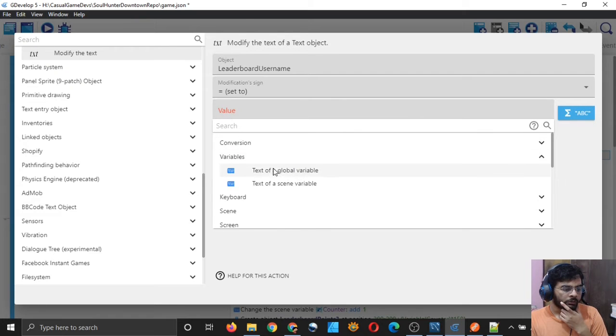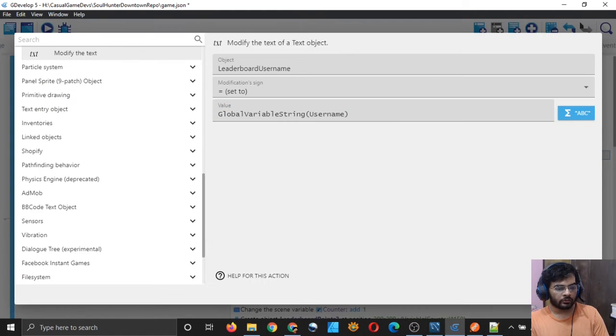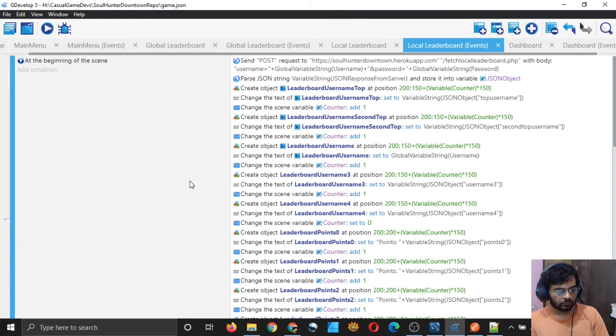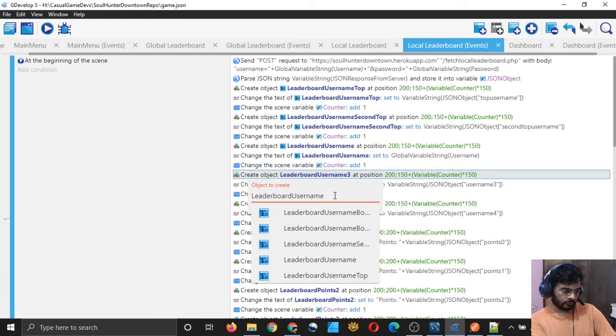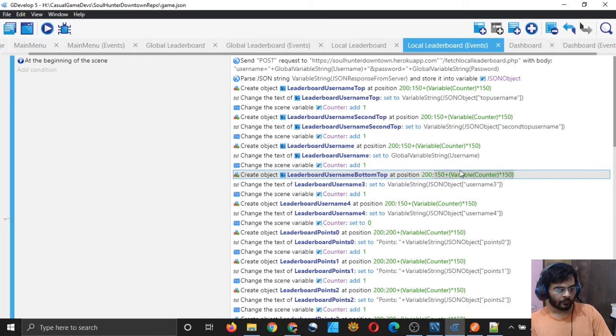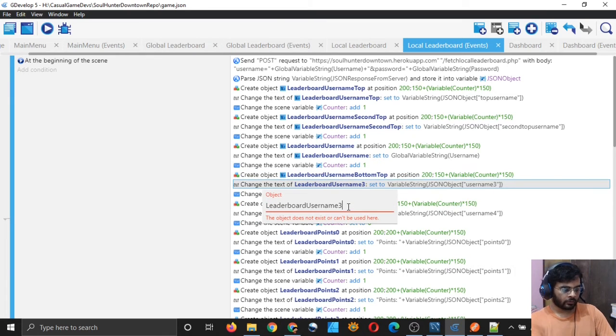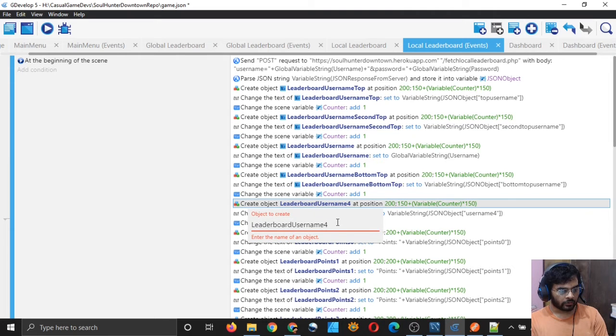Choose a global variable, text of global variable, and it should simply be the username, because this is the user who has actually requested the leaderboard. This should be bottom top. Same position here also, bottom top, and the value should be bottom top username, and at the last one it should be just bottom.